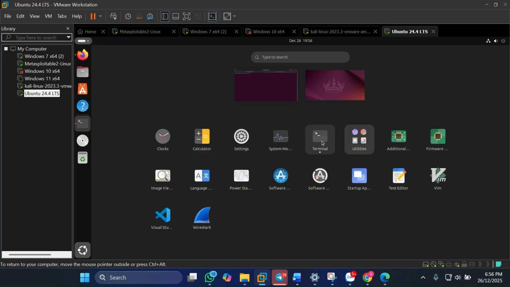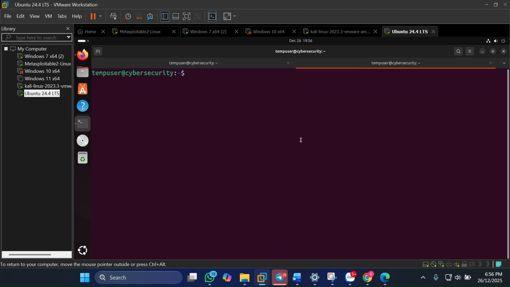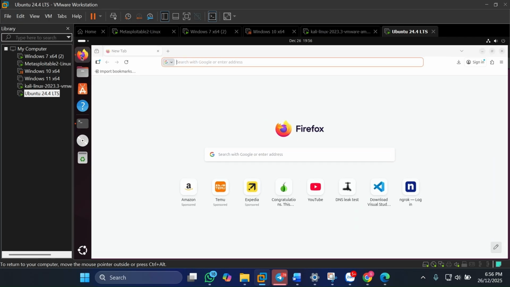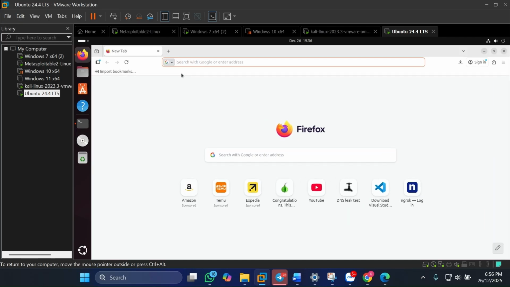So for us to do this, in front of you here, you can see that this is my Ubuntu operating system. I am going to come to my terminal here and click on it, and here we have our terminal. The first thing I am going to do is look at my present public IP address. And how are we going to do that? We're going to do